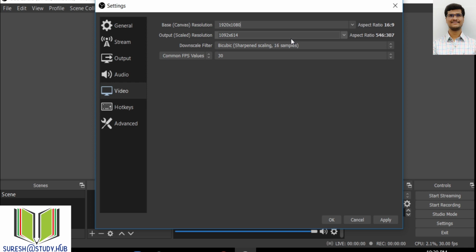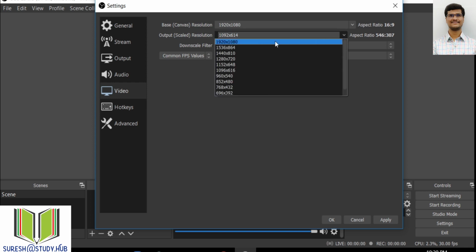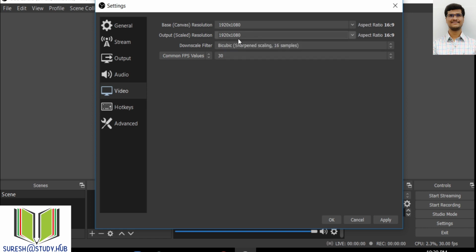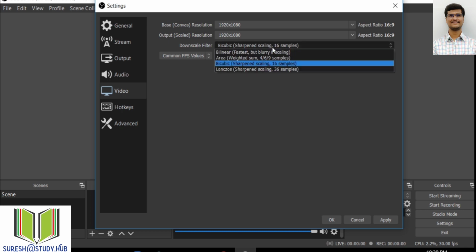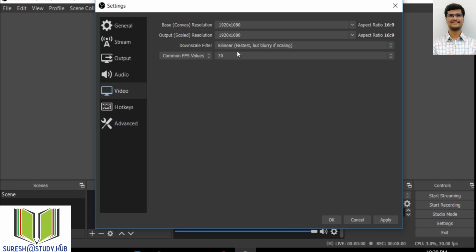The output resolution also, select 1920x1080. For the downscale filter, select bilinear. The common FPS value depends upon your processor speed. If your processor is very good, like an i7, you can select 60 FPS, that is frames per second. But it is better to select 30 frames per second, that is fine.